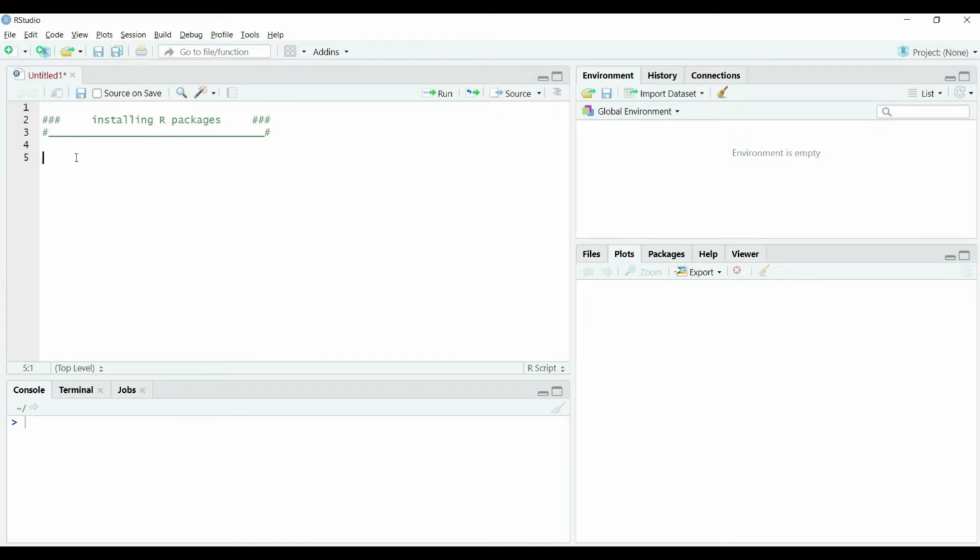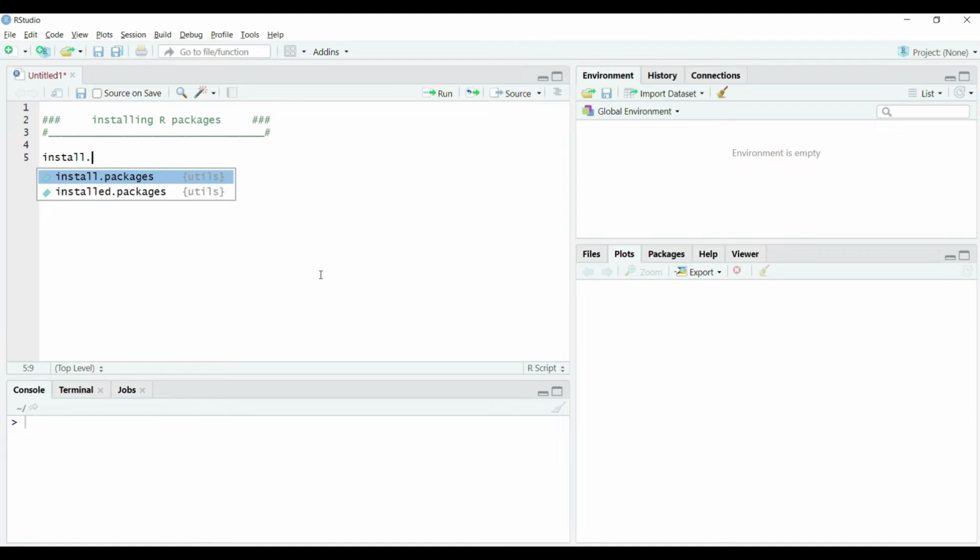The first method is to use the R script editor in RStudio, where we can type the native function install.packages. The moment we type install, the script editor will start showing suggested functions in a little popped up window, as you can see on the screen.